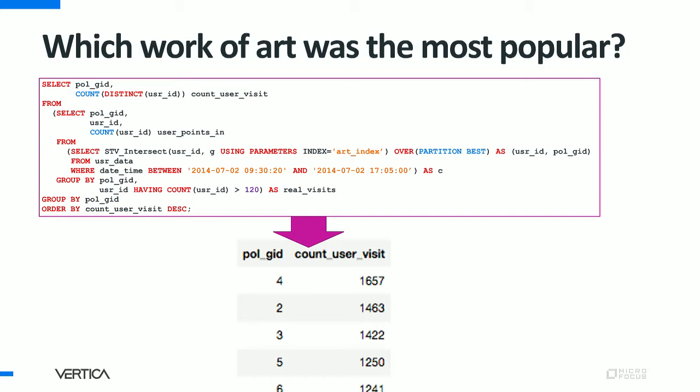And you can see all the power of Vertica SQL and how easy it is to solve some complex problems, because here you will have the list of each artwork and the number of users who visited the specific artwork. And we can see that 4 is the most popular artwork. So let's go to the next slide